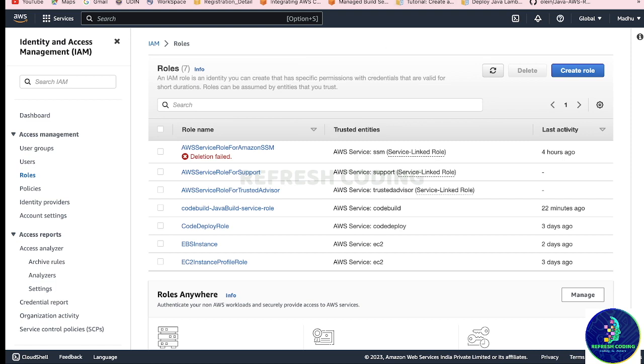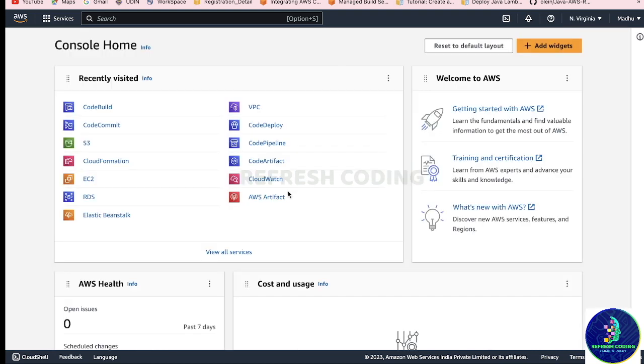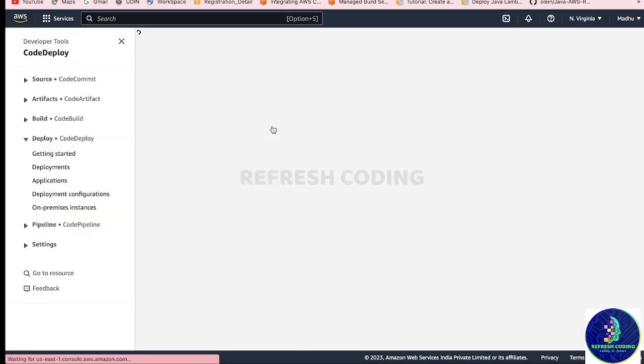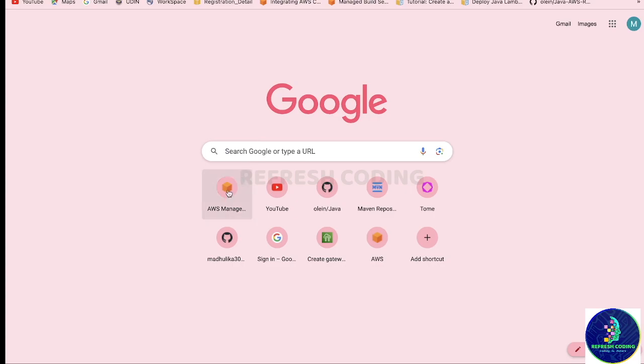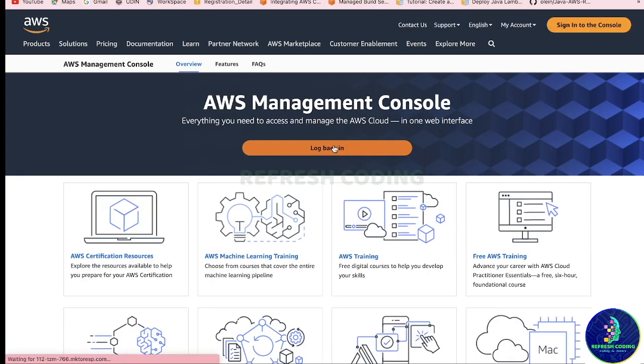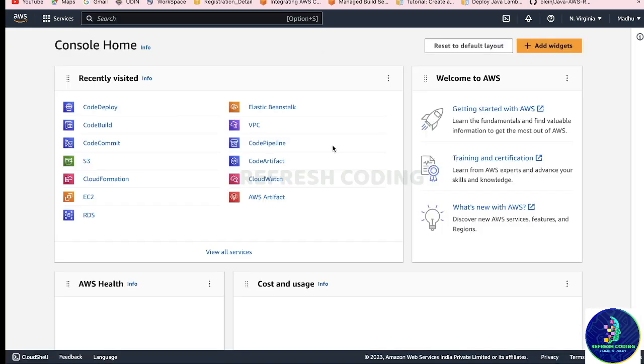One more thing before working with CodeDeploy, we need to launch an EC2 instance where it will deploy your code. Now yes, with AWS CodeDeploy you will have to launch the EC2 instance manually. So it is not like Elastic Beanstalk, which launches the instance automatically by itself. So you will have to launch the instance. So we will quickly go to EC2,